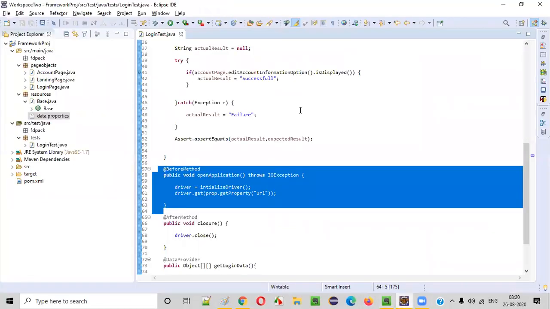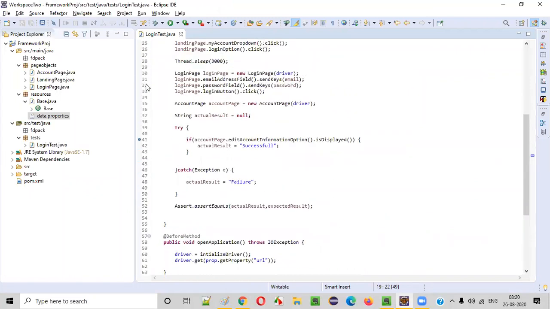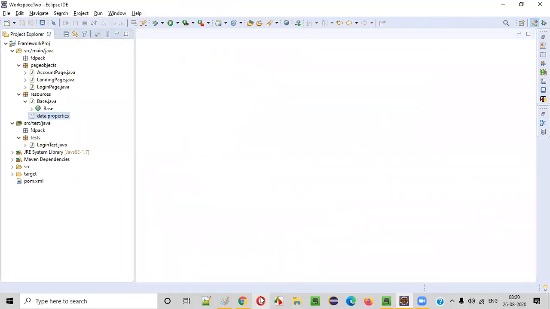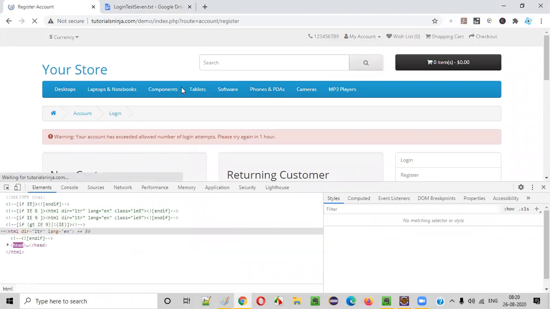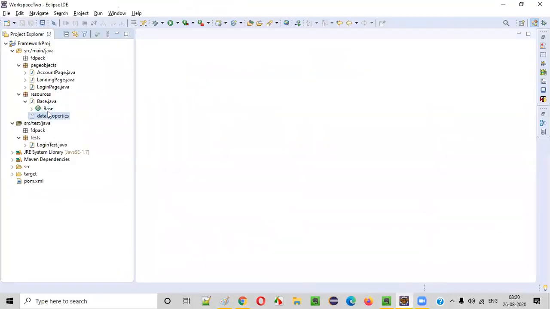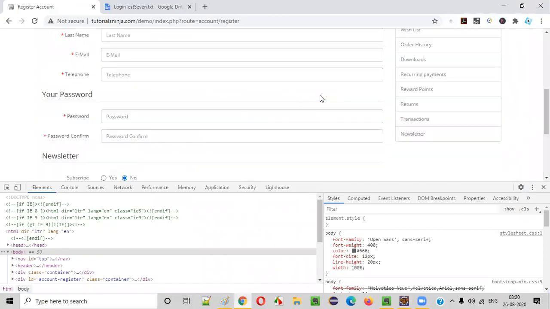So guys, I'm not going to automate more test cases. This is how we have to automate, guys. I implemented and completely implemented the login test. You can take other test cases if you want, like some assignments. You can go to this application and try to automate registration. Apart from this login test, you can create a register test. Create page objects for that, follow the page object model and page factory design patterns, and create separate classes required for this register test. You can do it on your own, guys, if you want.